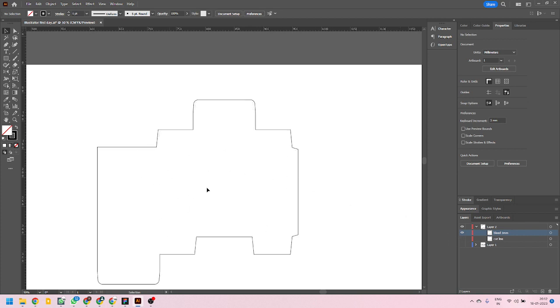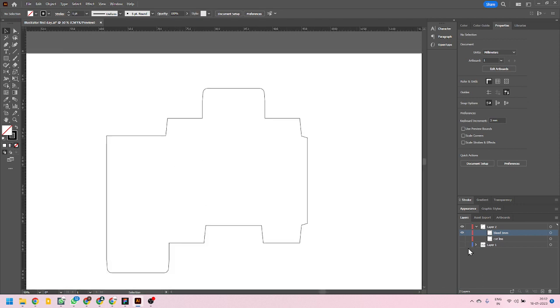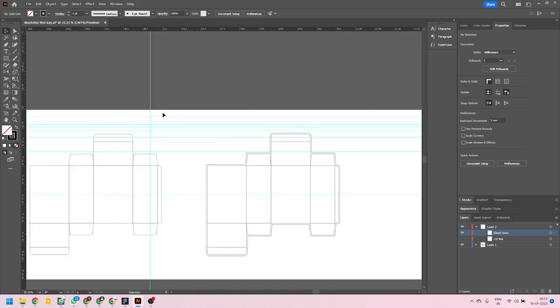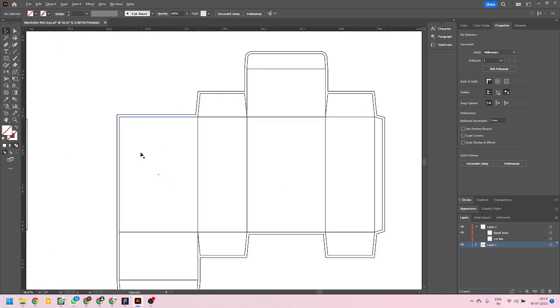Now inside this we will have to place our graphics, and before we start placing the graphics we can switch on layer 1 also to look at the segmentations of it, right? And how I do it, I would not prefer the segmentations, but I would rather use the guidelines. So let me bring out all the guidelines and let me get rid of the old ones. So I'm gonna select all the guides, hit delete on the keyboard, select this one also, and just delete all the guidelines. And I'm gonna use layer 1